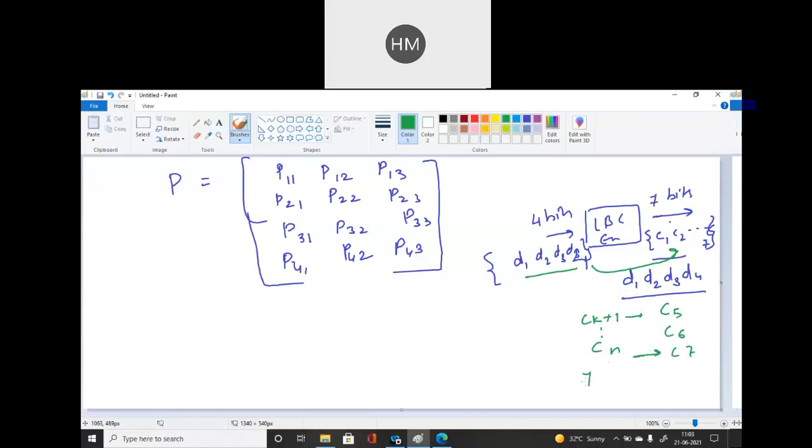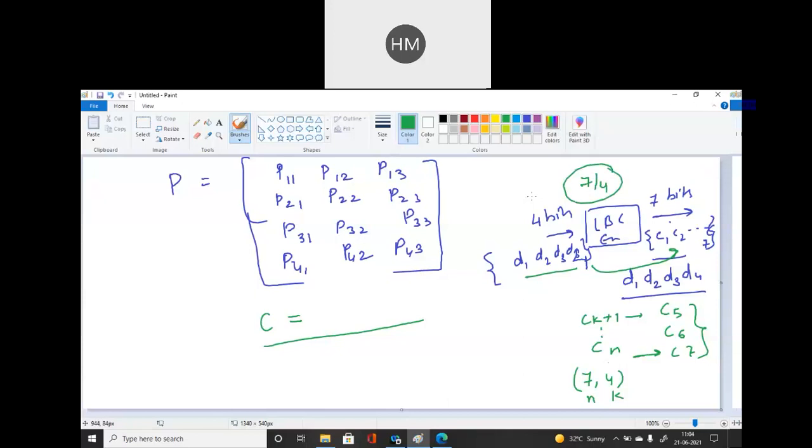Here we are designing a 7,4 code. N is 7 and K is 4. So the 3 bits that I have to find are my parity check bits. These bits we have to find to define the original code word C. Then the message will be encoded first, then it will be transmitted. So this is the role of your LBC encoder. The rate of information for this kind of transmission will be 4/7.